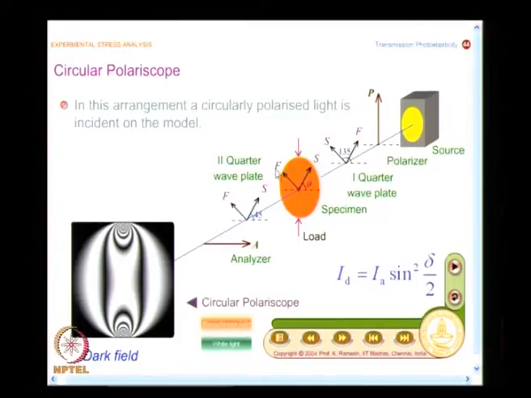and it impinges on the model. The moment I have a circularly polarized light, the directional dependence has no role to play. If I have a plane polarized light, when the plane of polarization coincides with one of the reference axes, we saw isoclinics.